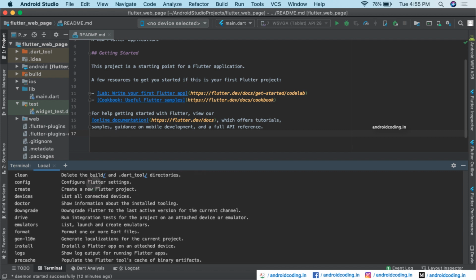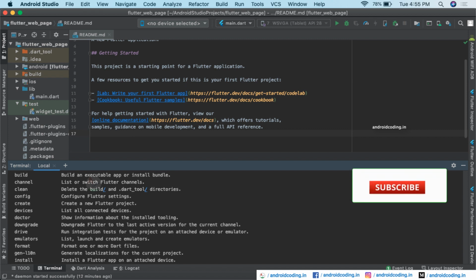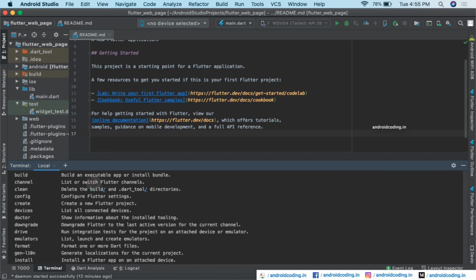This is flutter doctor which we used previously, and this is flutter clean. Whenever you are facing any issues regarding application development, like your system is getting slow, just use the command flutter clean so that your workspace will be cleared and your IDE will run much faster.